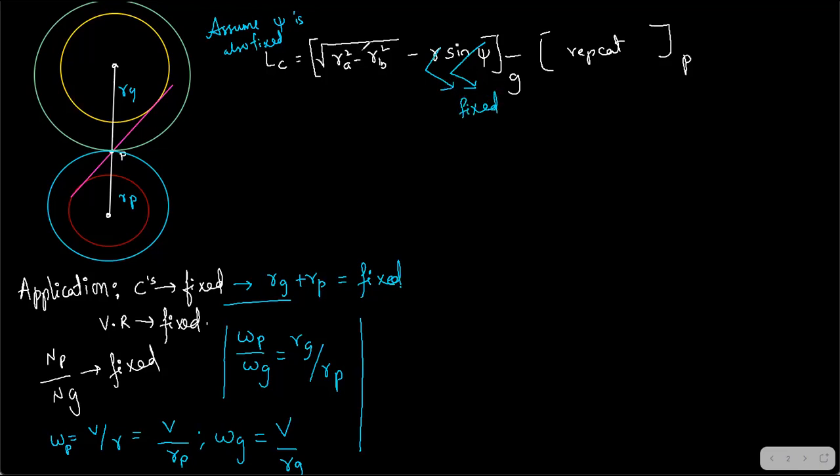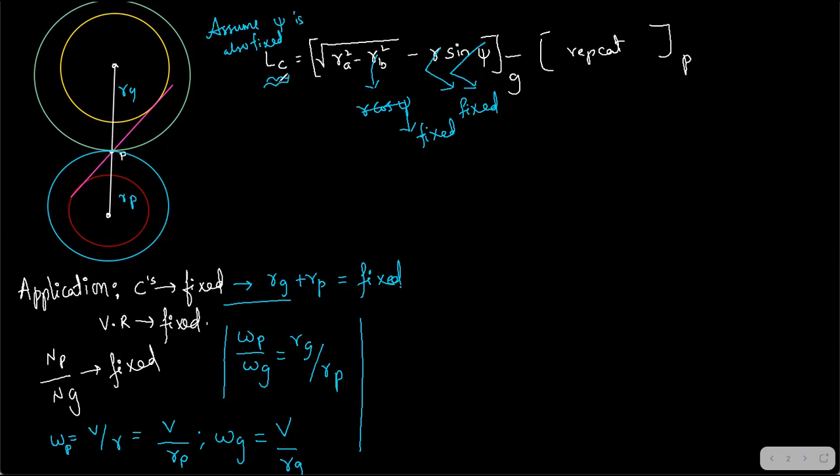Whatever is fixed here, in that case, over the RHS also, those things will be fixed, right? Now, what is fixed? What is RB? RB is R cos psi. In this, R is fixed and cos psi is also fixed. So these both are fixed. You cannot make any change. Even if you want to increase this, you cannot make any changes. That's what I'm trying to inform you people. Got it?